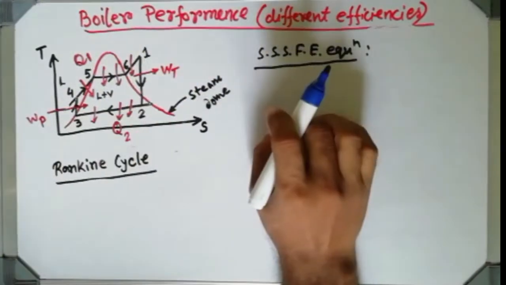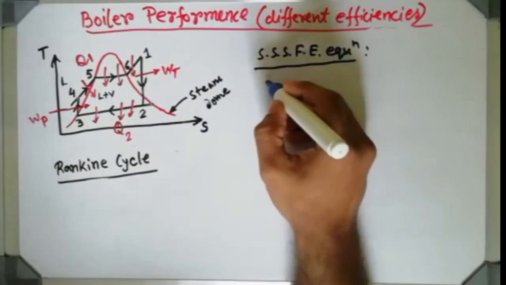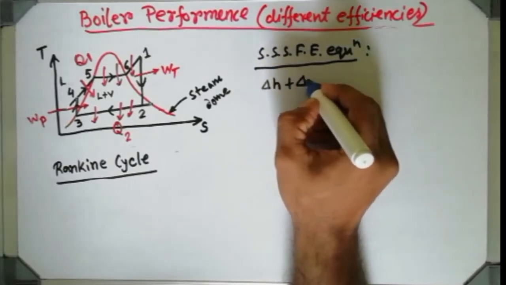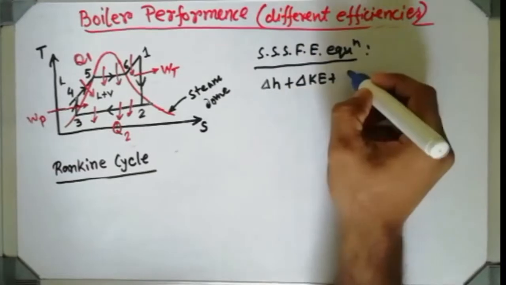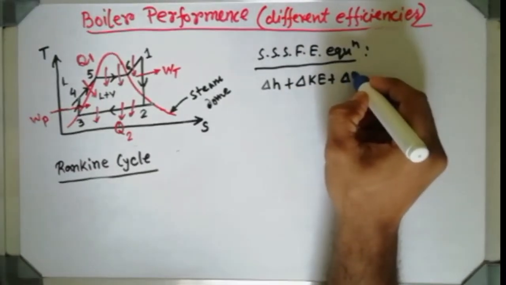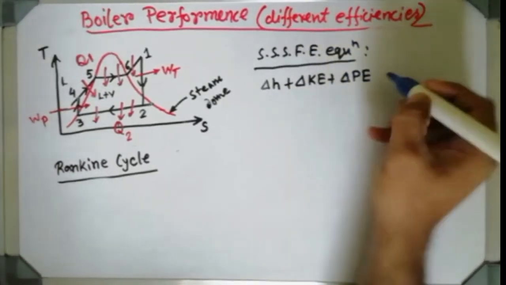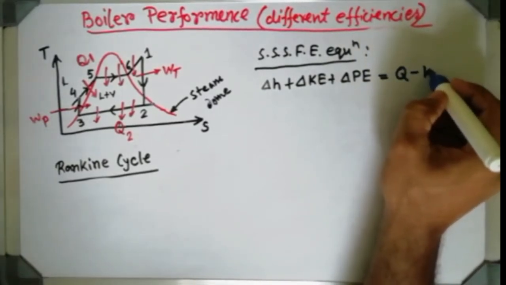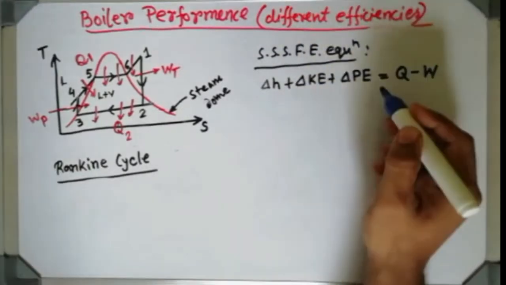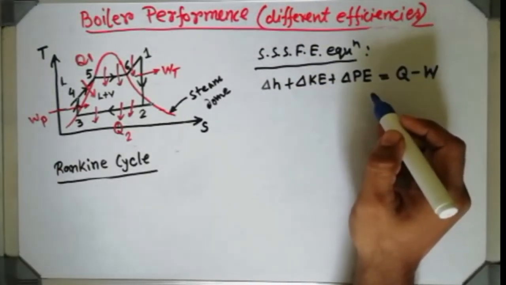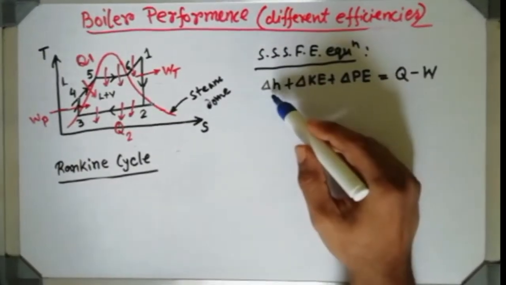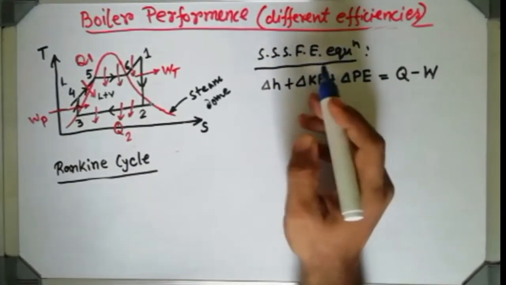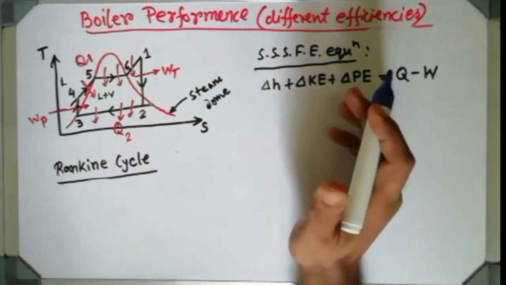for all those. So by this equation, what we can say is that the change in enthalpy, change in kinetic energy, and change in potential energy is equal to the amount of heat and work. That is the equation which is known as the steady state steady flow energy equation. That is the del H. Del H means change in enthalpy. In easy words I can say enthalpy is nothing but the heat.